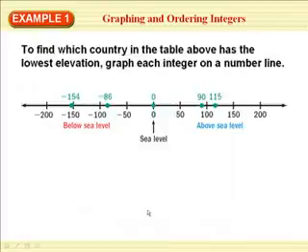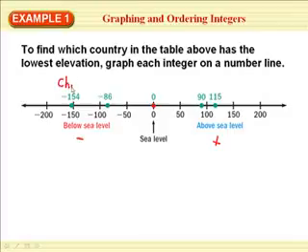So we look at the next slide, and what we've done is we have taken all of those numbers and put them onto a number line. This is sea level. Sea level is at 0. Above sea level are positive elevations. Below sea level are negative elevations. So you can see right here that if we match these up,